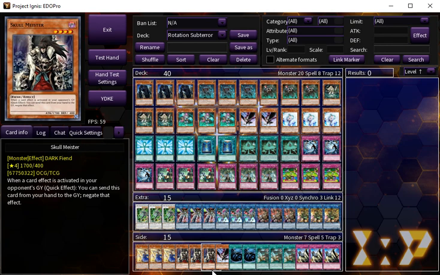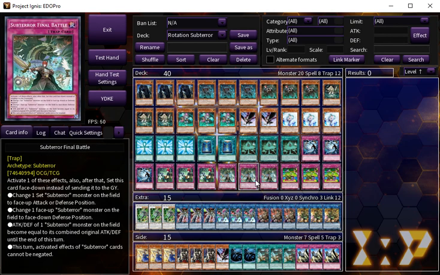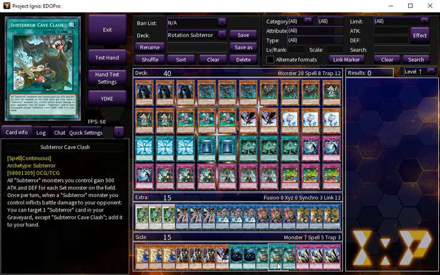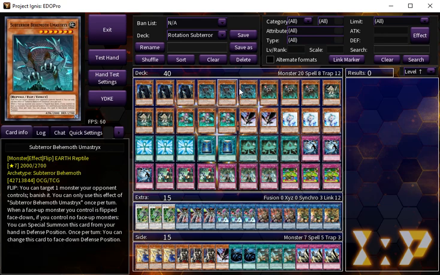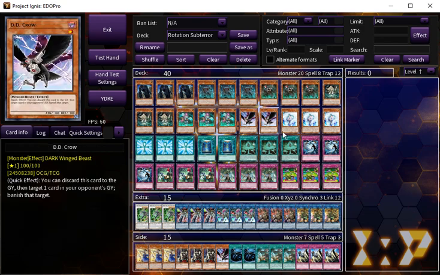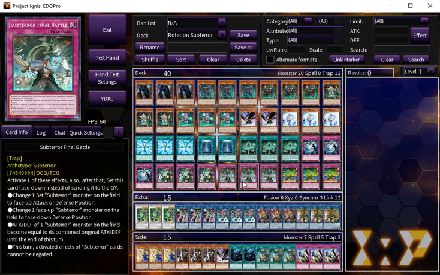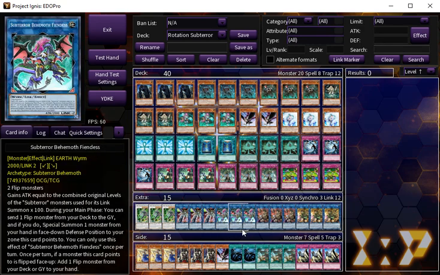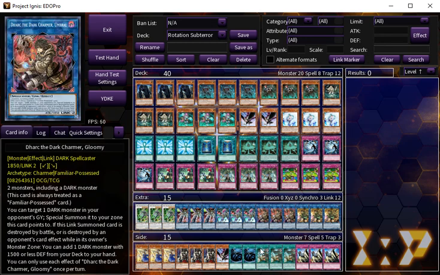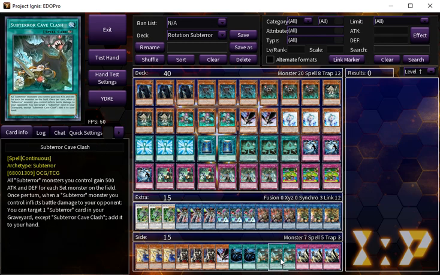for decks that Congrate doesn't hit very hard. One Crow for decks that Book doesn't do anything against. Double MST for backrow decks, triple Cave Clash, which isn't necessarily for specific decks. If people are just really hitting into the monsters despite Final Battle existing, players that maybe don't understand what these cards do, I will play Cave Clash just to search a free Subterror. The card's not very good, but